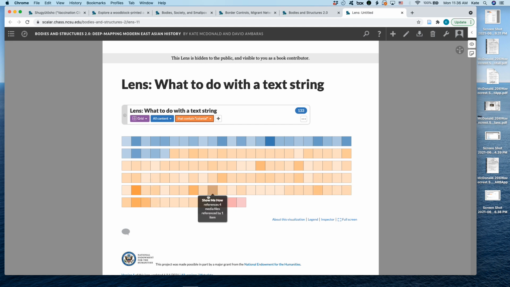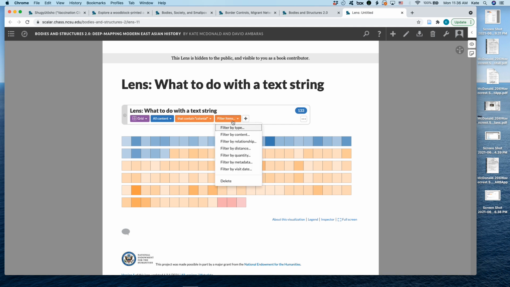But the thing I want to show you today is actually how you can use a text string search to see how we as a collective have thought about the significance of colonial history, ideas of the colonial, effects of colonialism, etc., coloniality, basically, in modern East Asian history. So let's go ahead and add a little more content to this, okay? We're going to do the plus button, and actually what we're going to do is we're going to filter it even more. We're going to add a filter, and we're also going to let through our filter